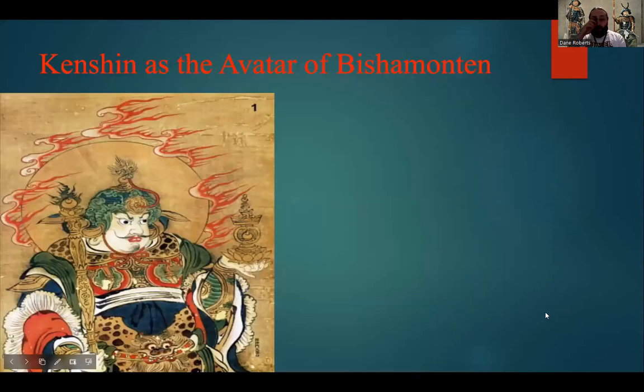In fact, he was known in Echigo and surrounding provinces as the war god of Echigo province because many of his soldiers, as well as daimyos and other warriors from surrounding areas, believed, or at least began to believe, that Kenshin was the avatar of the Buddhist war god Bishamonten that you see here, giving him the sort of moniker, the war god of Echigo. Which is also very interesting because I forgot to mention this, but Takeda Shingen was known as the Tiger of Kai.